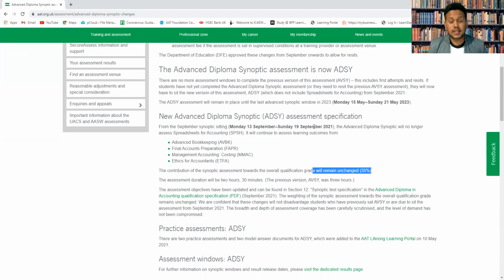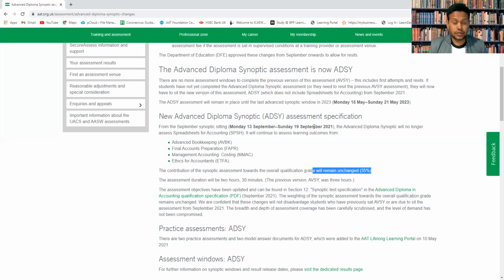You can carry on with this synoptic exam up to June 2023, so that will continue. But as I said, the synoptic will not exist for new students from next year. From next year, February, if someone joins AAT, they don't have to do the synoptic exam anymore. But students already enrolled have to. So this is the information I think will be enough for you to know for the time being.